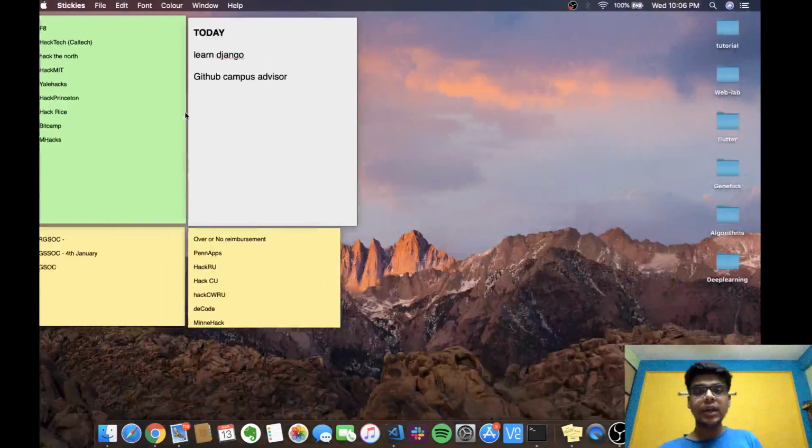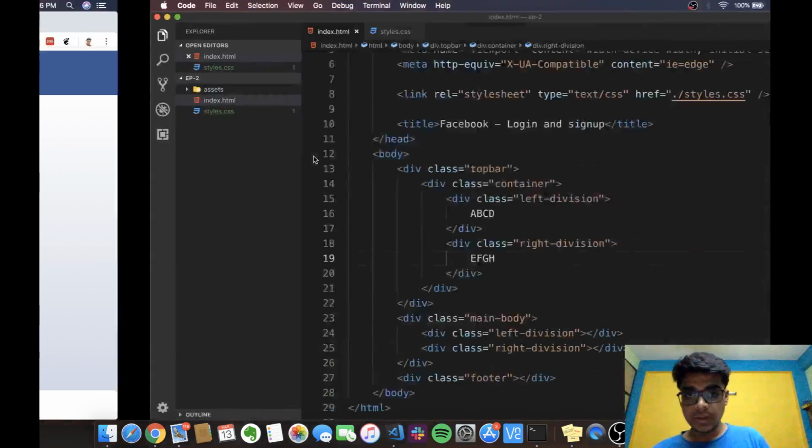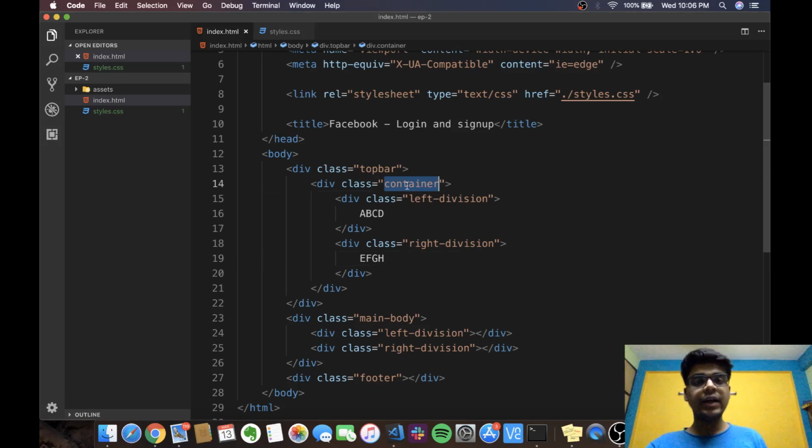So for that I need to create the parent div as the flex, and उस flex के अंदर I need to have two divisions that's gonna act as a column. So इस container को I have to make a flex, and also this left division and this right division will be children of that particular